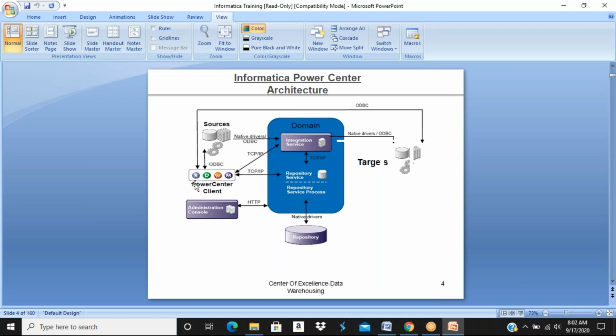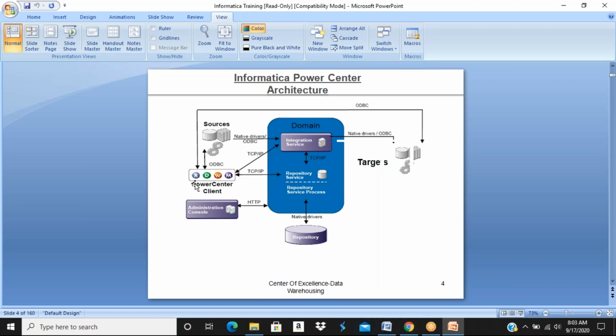Here, one thing you need to understand: Informatica is a GUI tool. It doesn't contain any storage area. So whatever code you're going to develop in Informatica, it has to be stored in some location. But by default, Informatica doesn't have any storage area.